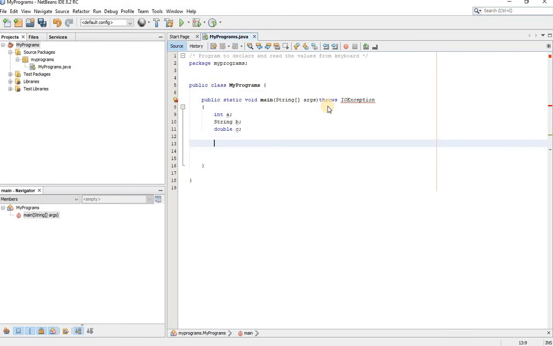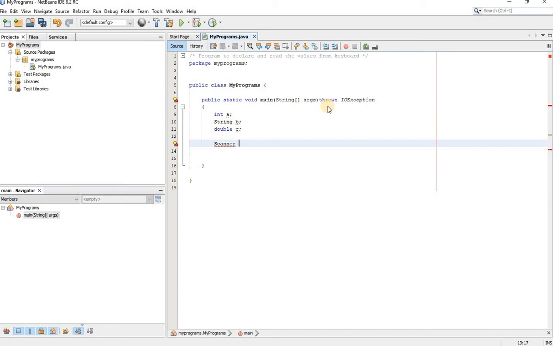Now, as I told in the last sessions, whenever you want to read something from keyboard, you need a class to implement this. So I declare the class Scanner, and you need one object. You can go to my previous video to understand what a class is and what an object is for that class. Without an object you can't use anything from your class. Let's create one object.